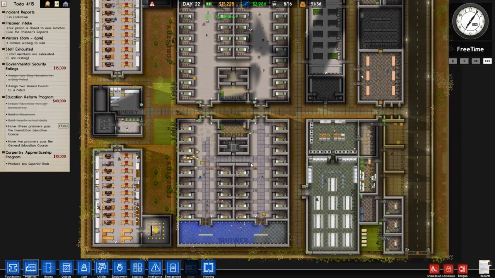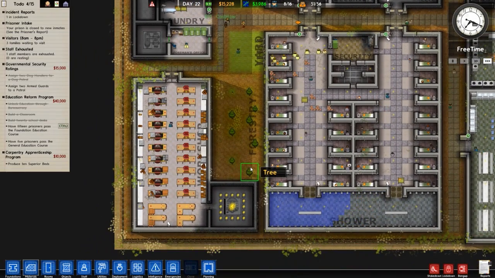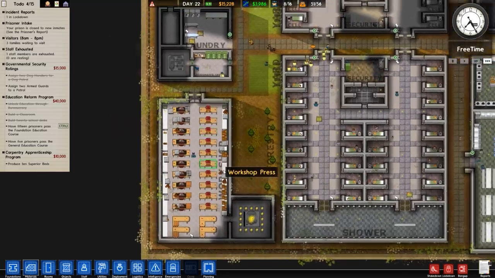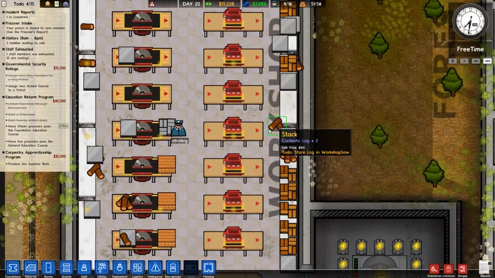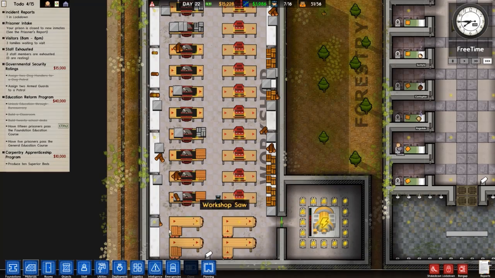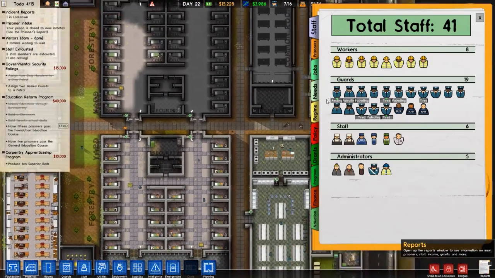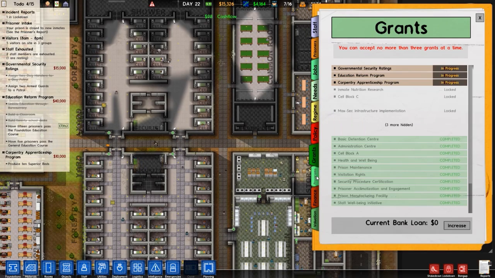But I don't really think we've had any bother. The only trouble we've had is the lack of people working in the workshop and such. I mean, obviously we're making license plates, as you can see. We are chopping up the logs into these nice wooden planks, which are all working fine, but we just don't have enough people working in our...